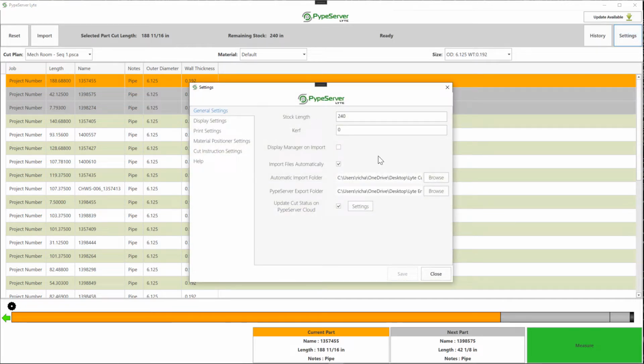In the General Settings area, you'll find options to customize nesting-related data such as your default stock length and your kerf, or blade width. This is the length of material that you will lose in your cut. To get the most accurate nesting data, you'll want to set this to match your saw blade width. You'll then see a visual representation at the bottom that extends this area between the cut pieces and gives you